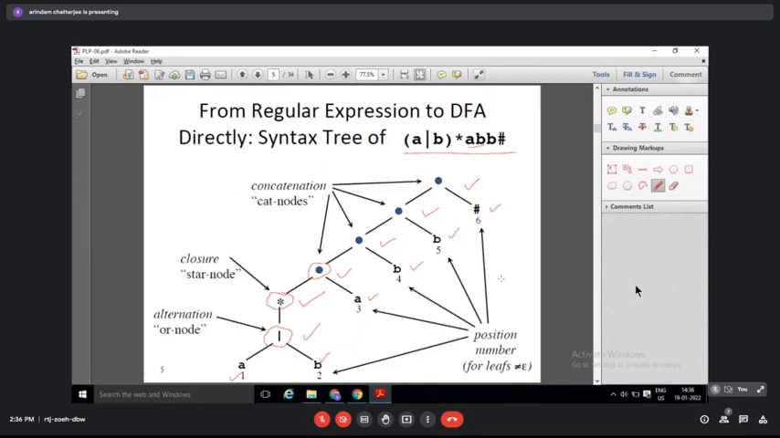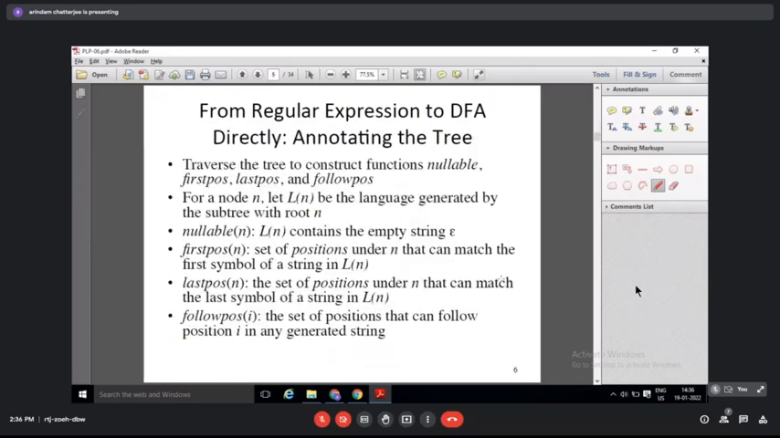All right. Then what we do is we construct a few things known as nullable, firstpos, lastpos, and followpos. Okay. So let us look at the definition of these. Nullable means whether the language generated by the node n can contain an empty string epsilon or not. Okay. Like for example,